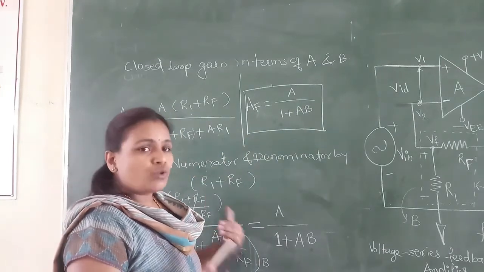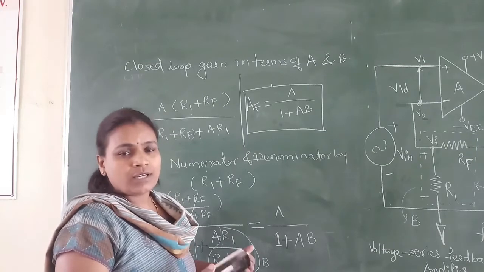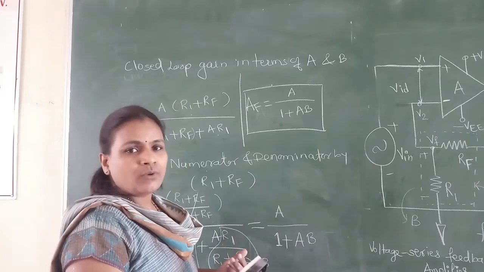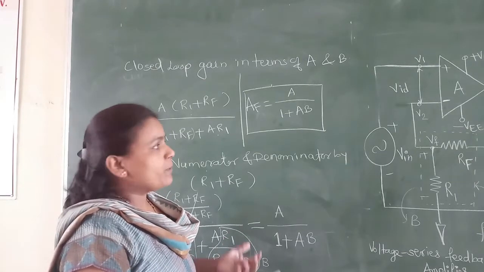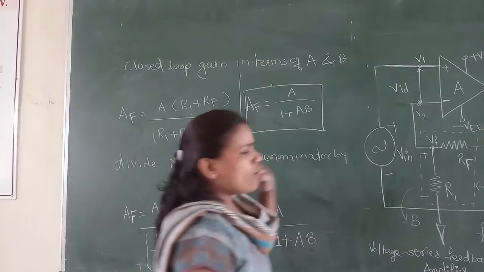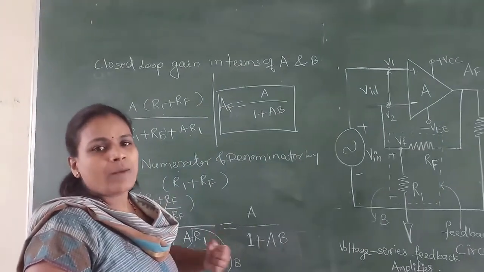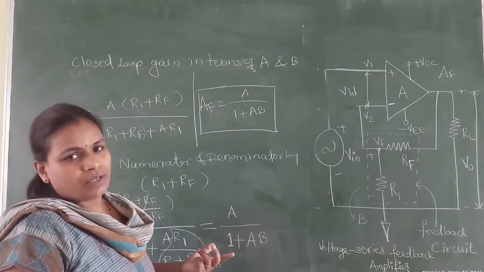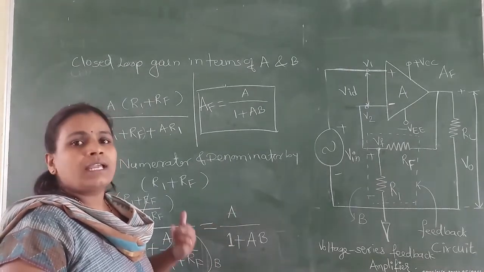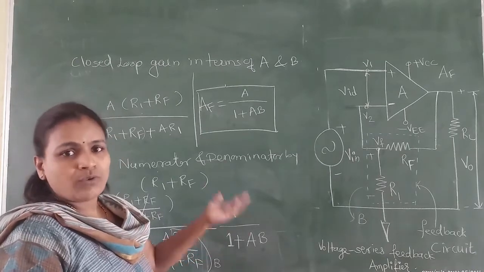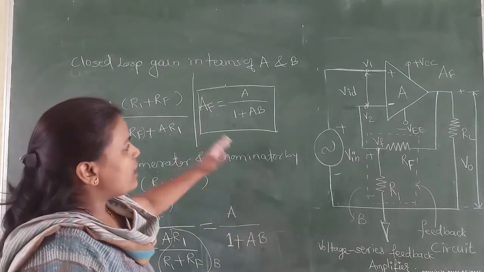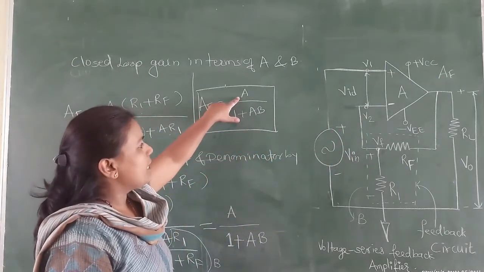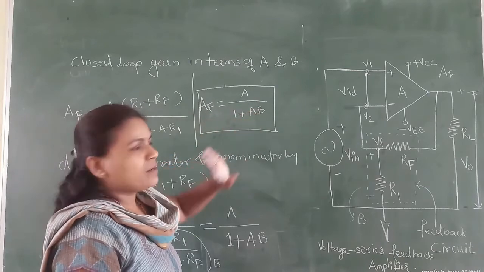Why are we reducing this? The closed loop configuration is used here only for reduction of the gain of the network, so the op-amp can be operated in its active region. Because in open loop configuration, even for a small input signal the op-amp goes into saturation, as it has infinite voltage gain. So to make the op-amp applicable in a number of applications, we have to reduce its gain, and hence we use negative feedback for reduction of the gain. Now my open loop gain A is reduced by 1 by 1 plus AB.